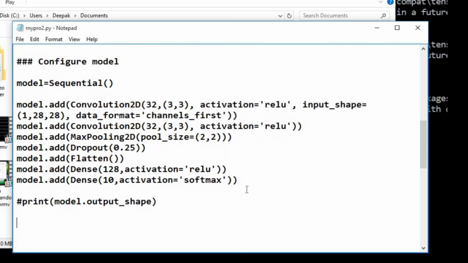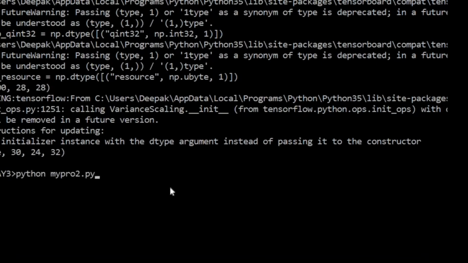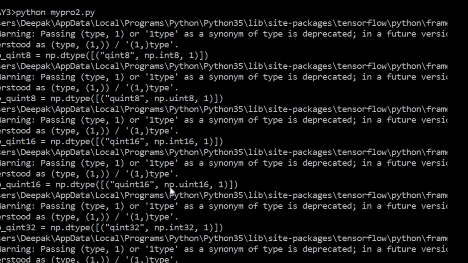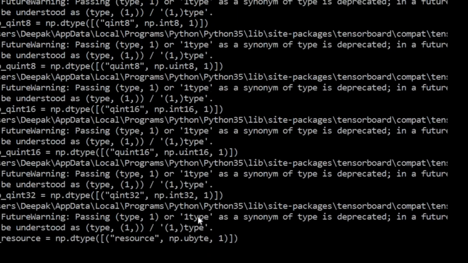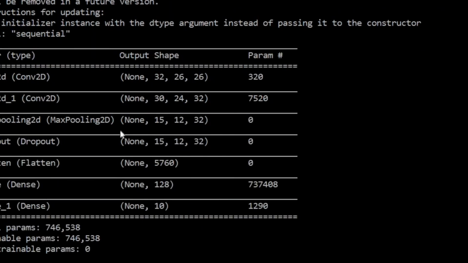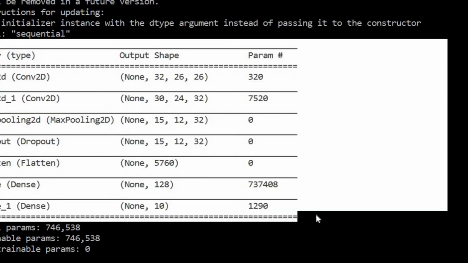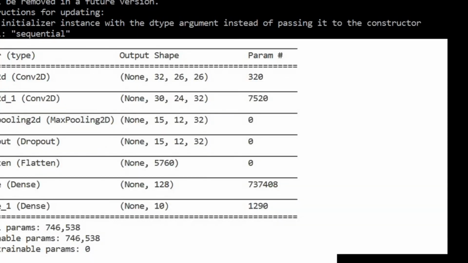Now I think almost our model is ready. So after this we preferably put a model summary command, which is responsible to print the structure of the model. In most of the reference papers you might have seen the model is given. Yes, here we get the model.